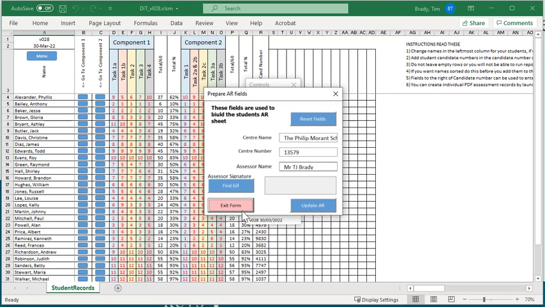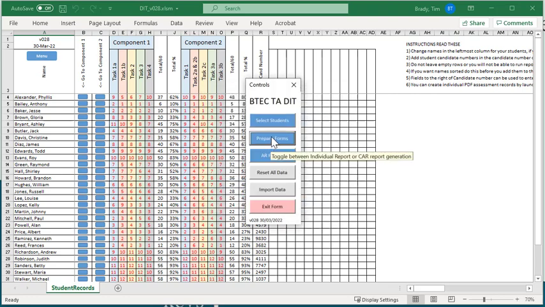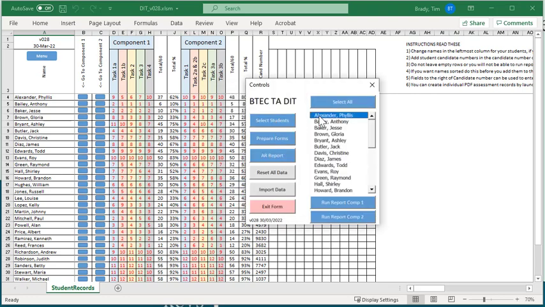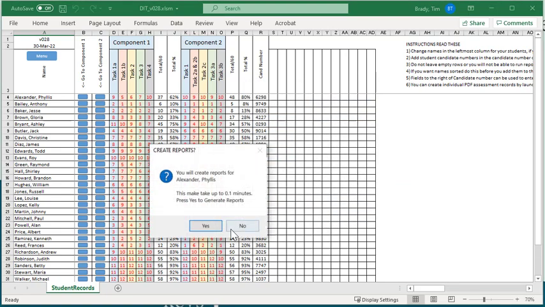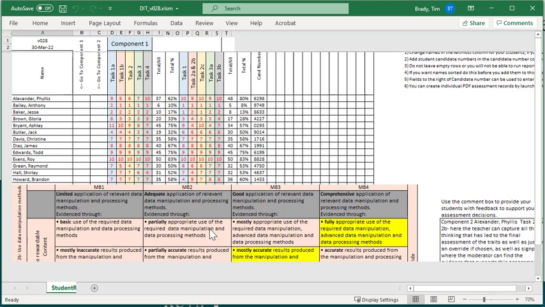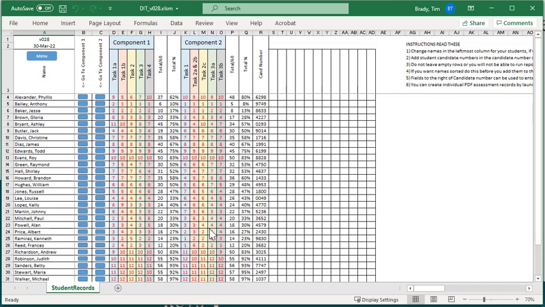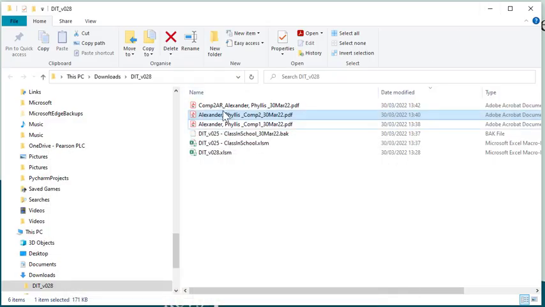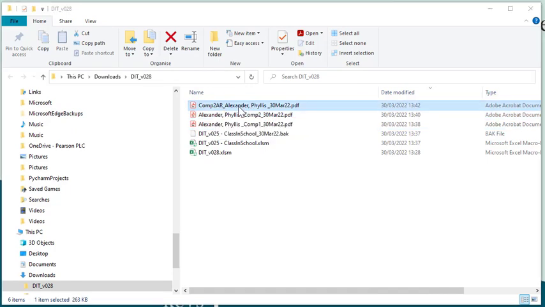that information. And the benefit of doing that is you will see here, if we select the same student again, and this time we're on assessment record report, and we'll run report 2. And now if we look here, now we've got the component 2 assessment record for this student. If we open that up and have a look at it,